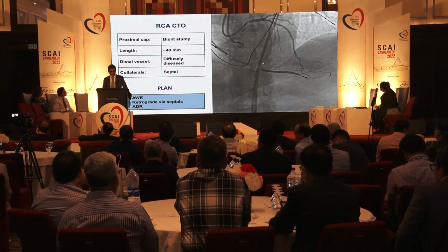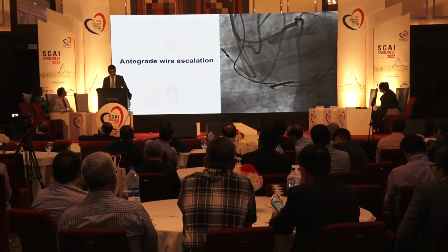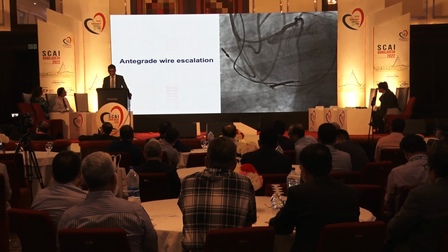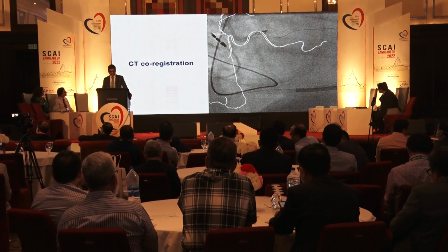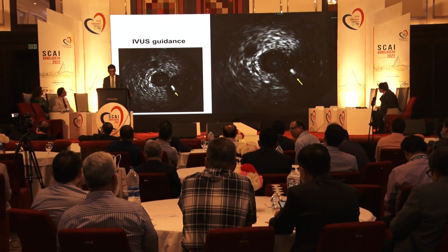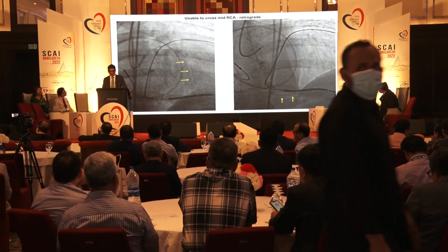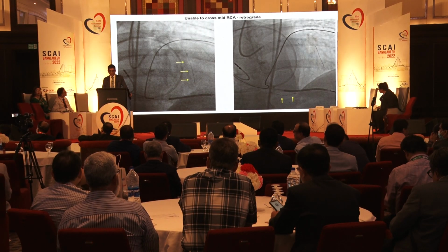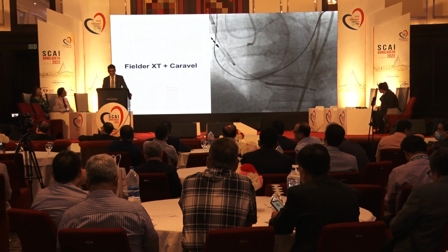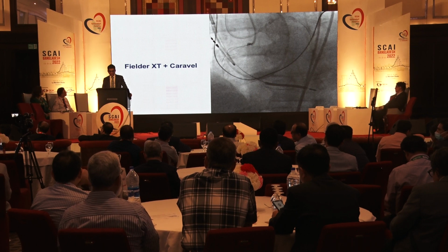So here is the RCA CTO, which is a blunt stump. I don't think it's playing. So antegrade wire escalation was done, and the CT co-registration and the IVUS in the marginal. As you can see in IVUS, if it is in the marginal, you can guide where your true lumen is, and you can poke towards that with a stiffer wire. So if you're unable to cross, then switch immediately to retrograde, and then with the Feeler XT and Caravel catheters, this patient had a successful